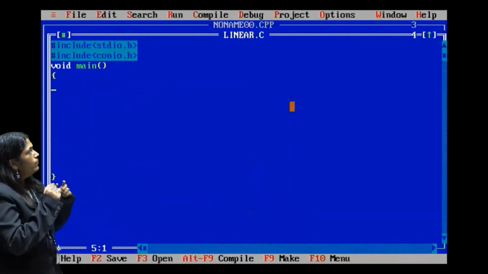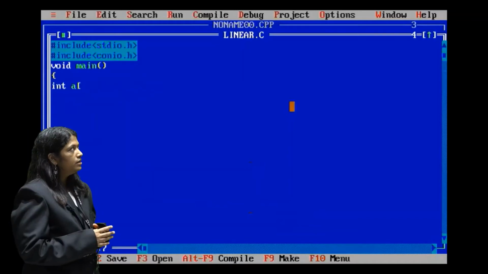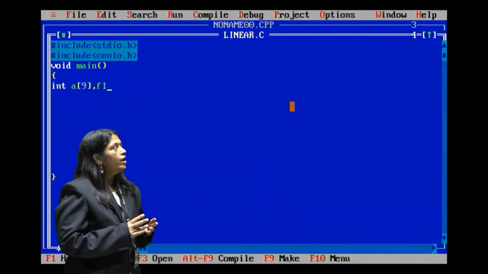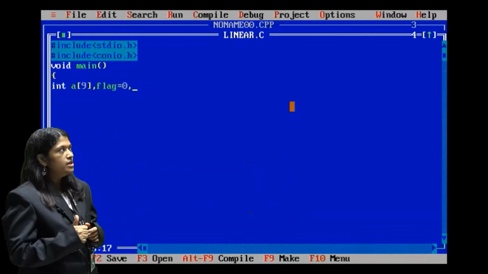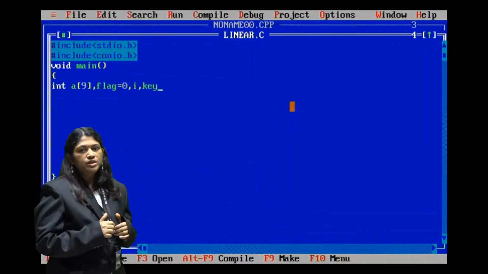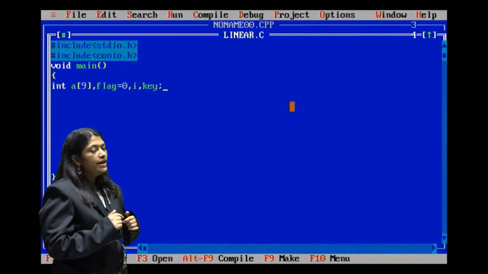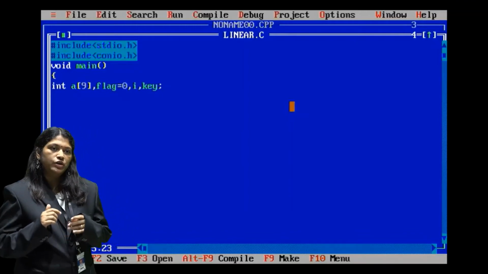Here we require a total of 4 variables: a[9], i, key, and flag. So first declare the variables using the int keyword. The first line of our program is int a[9], i, key, flag = 0.